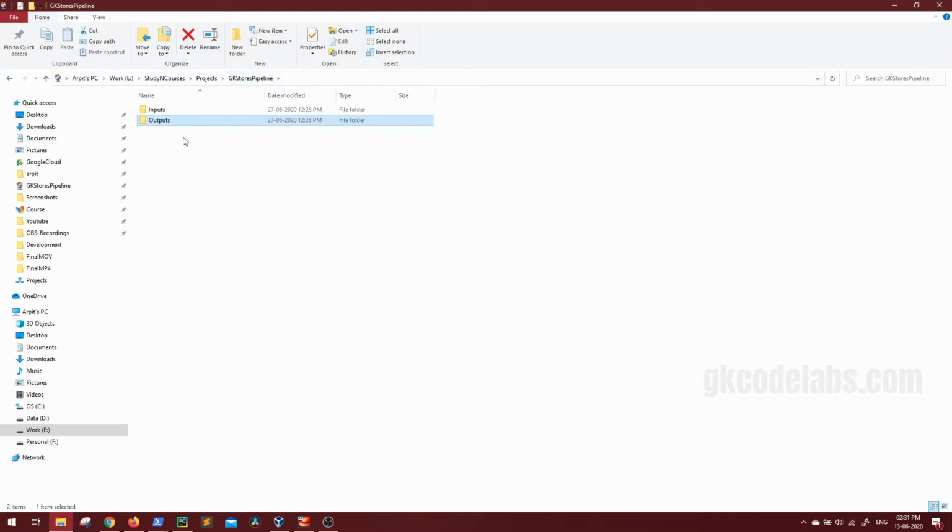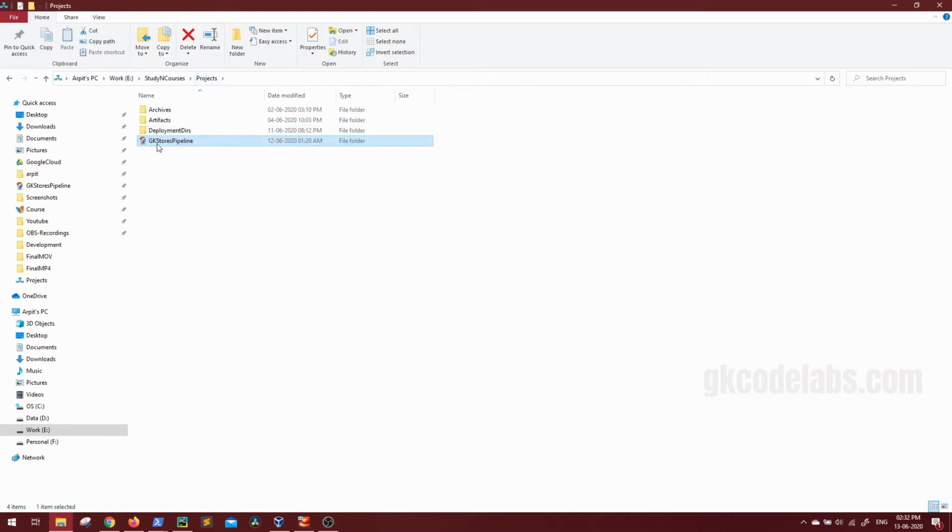So you have two options. Either you can make a shell script that runs and creates all the directories inside your HDFS, or we have another option. What we can do, we already have the input and output folder structure. So we can copy this entire directory as it is into our HDFS. So automatically it will have all the inputs and outputs. So let me do the same as we have done for the GK Codeless pipeline. We have moved all the code to our HDP cluster. Let me do the same for the actual folder structure.